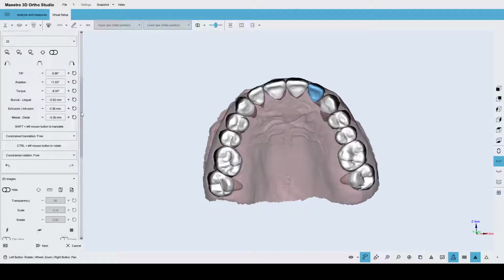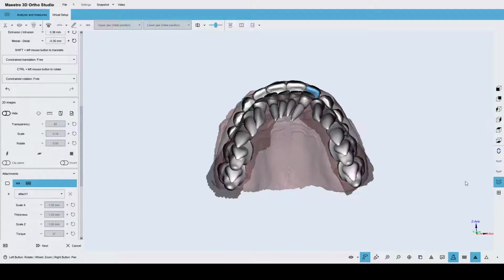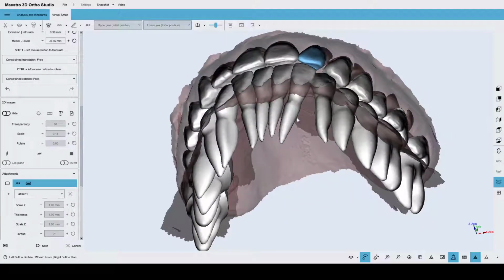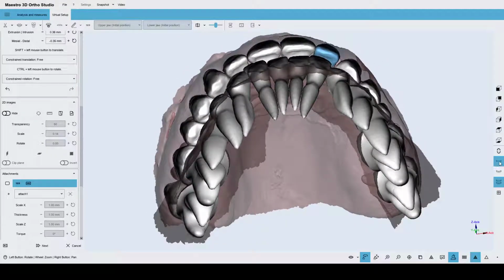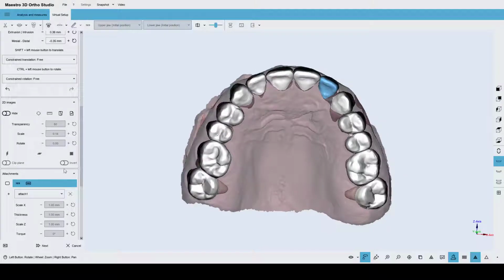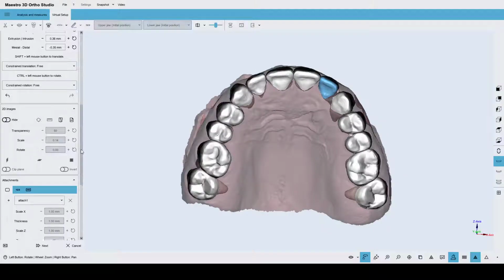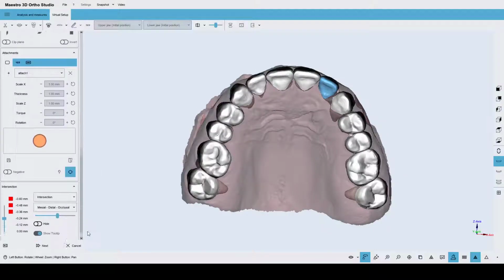Obviously, I can in any moment see the lower and the upper simultaneously, but even if I work with one model at a time,